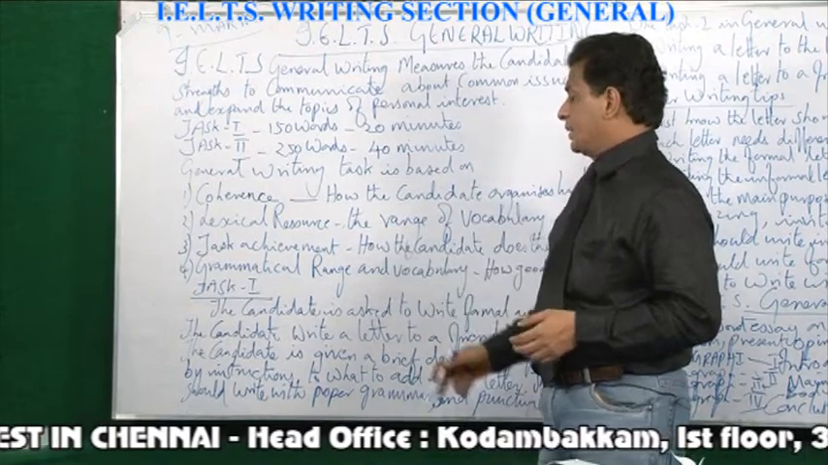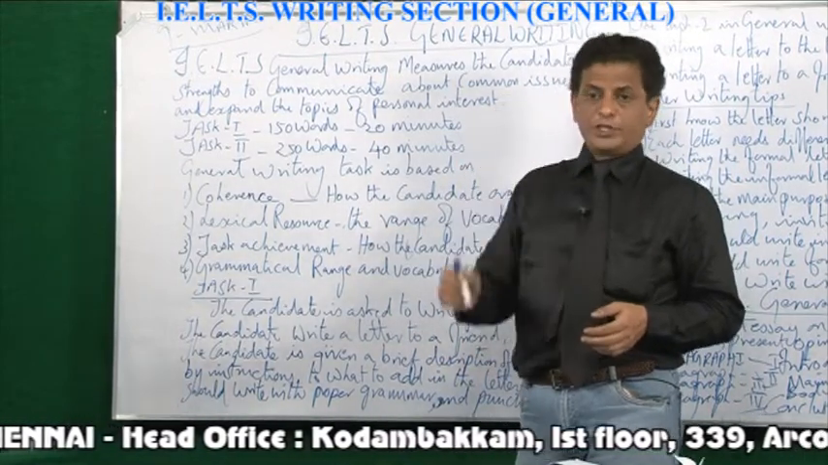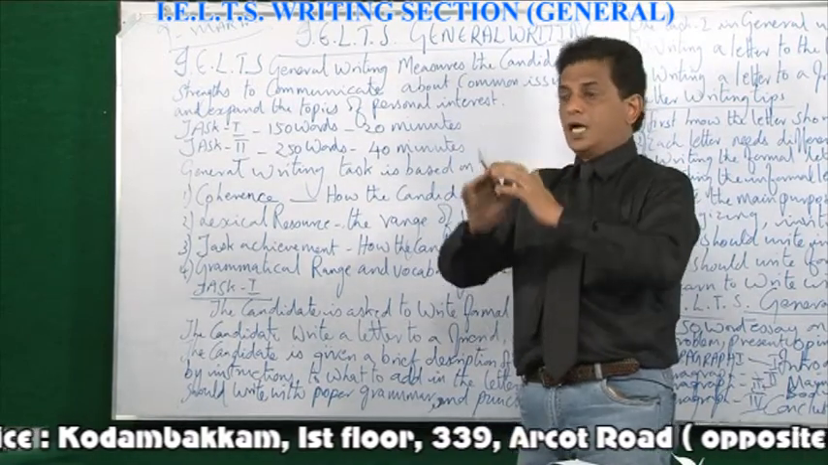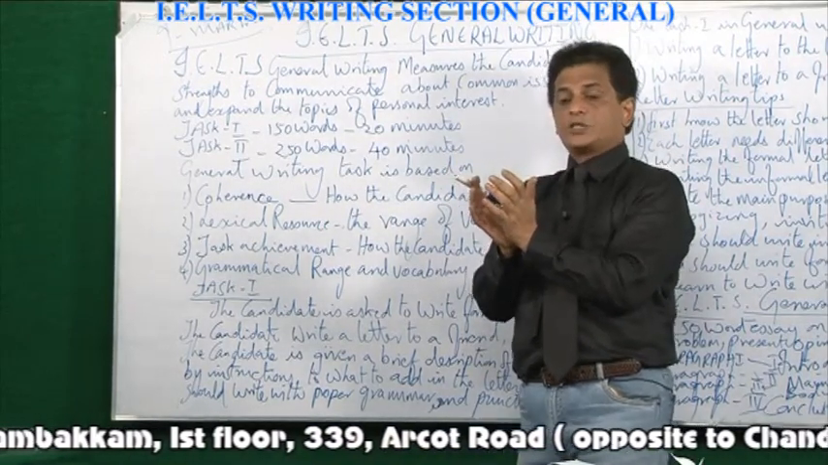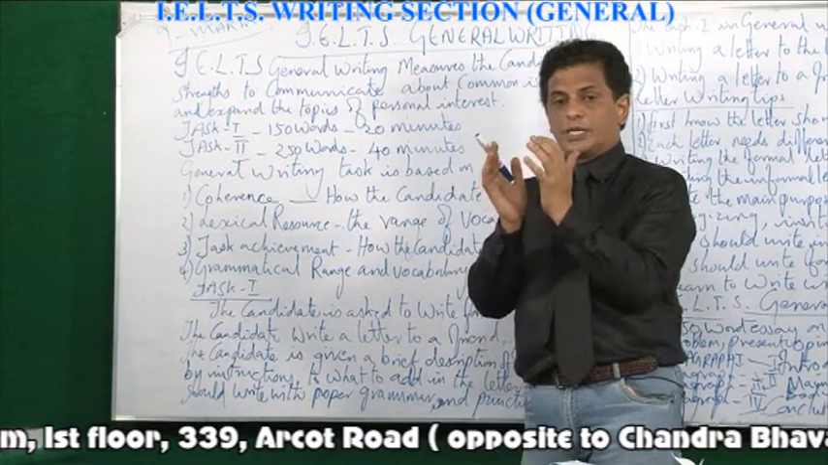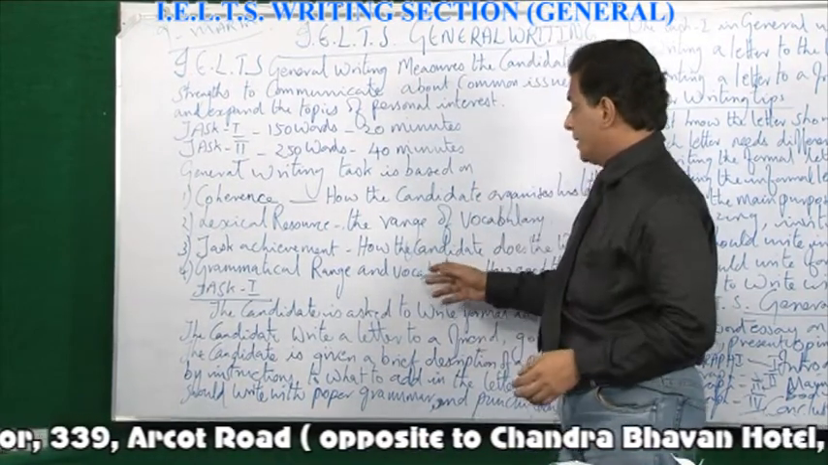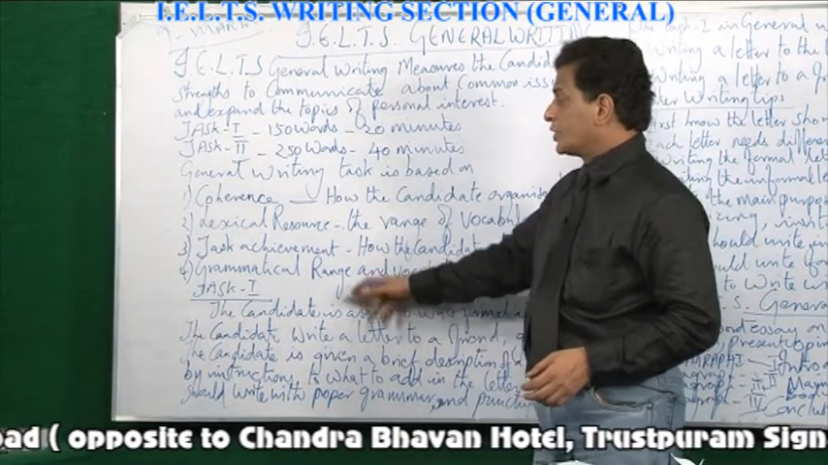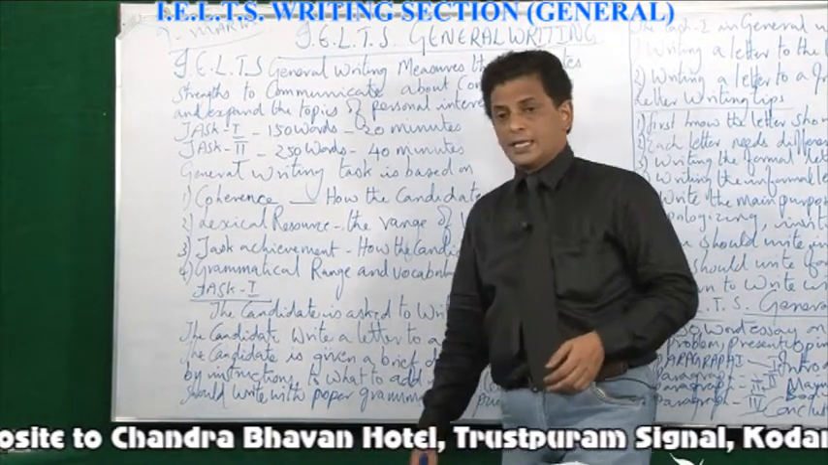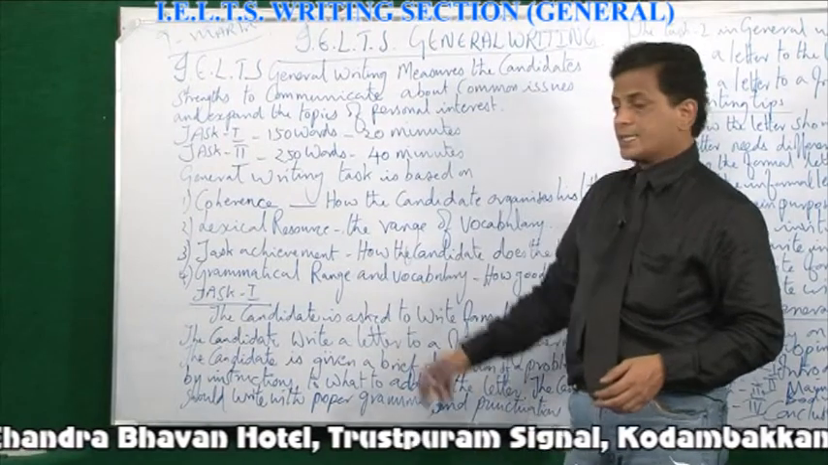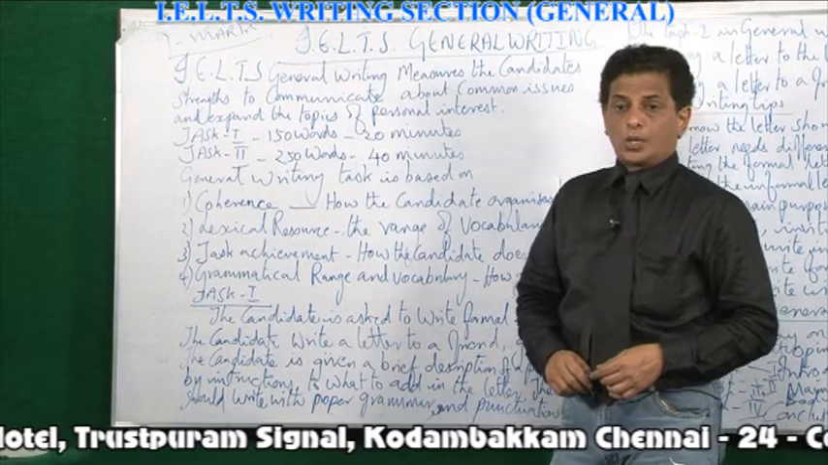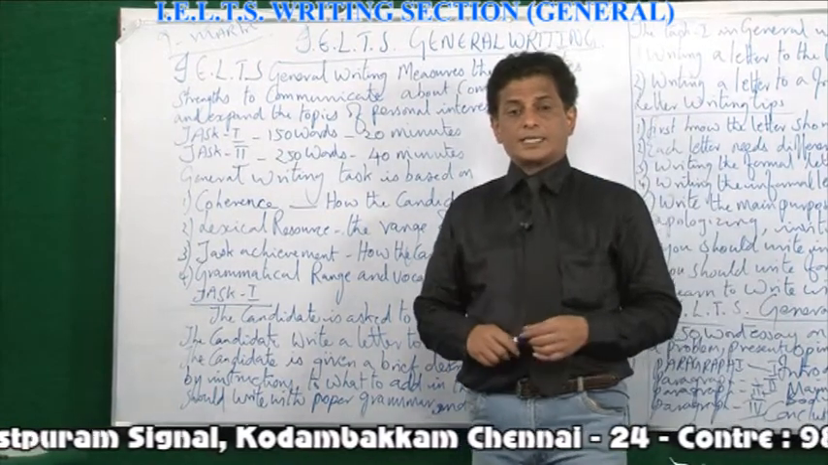Then task achievement. The task is given to you. You should do a task, and how do you finish the task? How is your written letter, your written essay, all about? Have you completed the task? So grammatical range and vocabulary, they check your grammar, how good the grammar is. So based on these 4 things, coherence, lexical resource, task achievement, and grammatical range and vocabulary, your writing task is